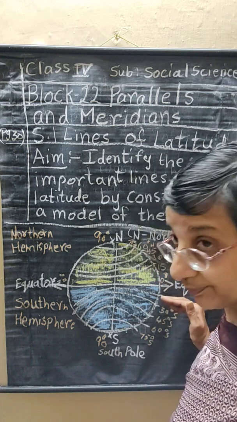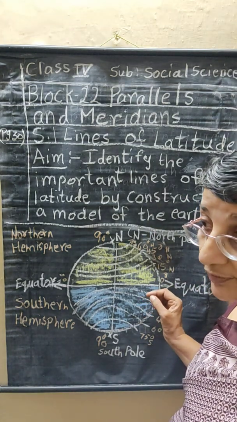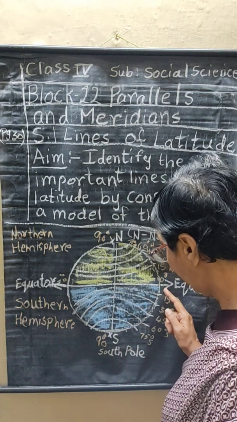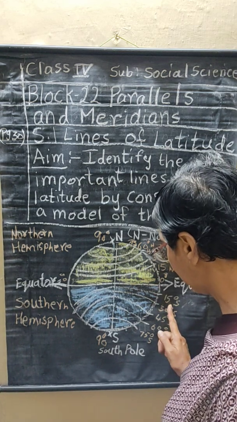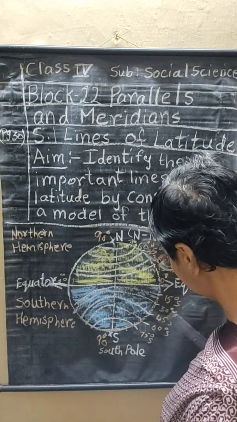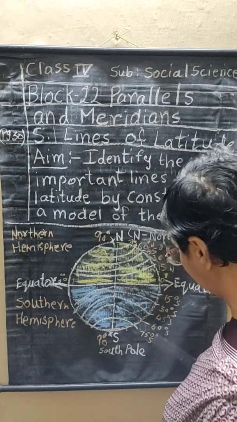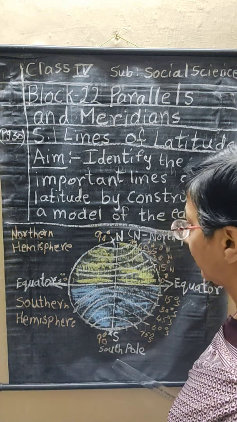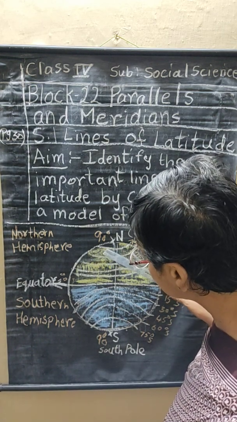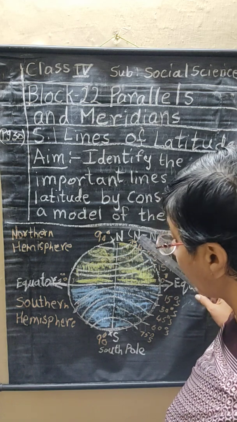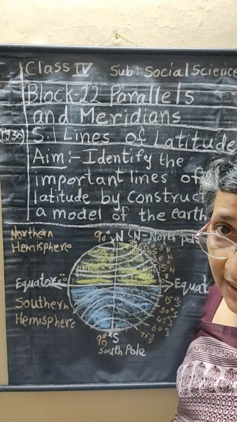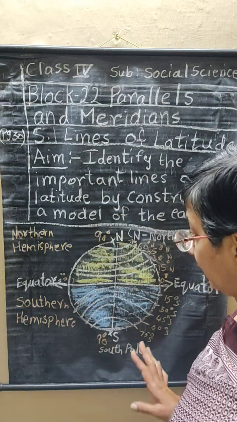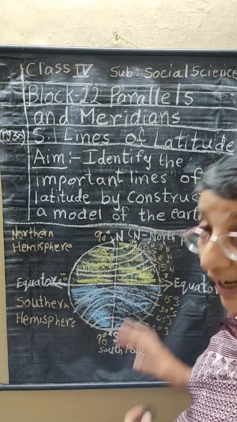Again from the equator. Children, please listen very carefully. This is very, very important in whole life. Again from the equator, 15 degrees south, 30 degrees south, 45 degrees south, 60 degrees south, 75 degrees south. Now, these are the Arctic and Antarctic circles there. I will explain you afterward. First, you listen properly and understand.